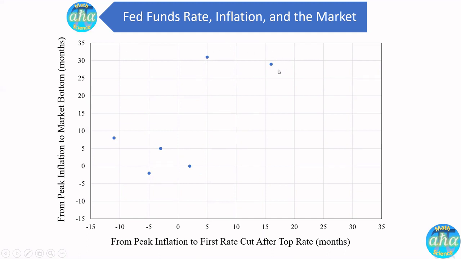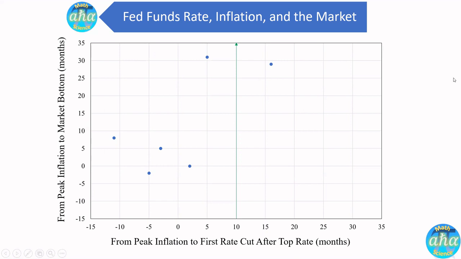So what about the current case? Well, unfortunately, right now, the Federal Reserve has not cut the rate yet. So it's already 9 months, and it's not going to cut in March. Then it's going to be in April. If even April is the first cut, it's going to be 10 months after the inflation peak. So we are at least on this side. Our data point cannot be on the left side.